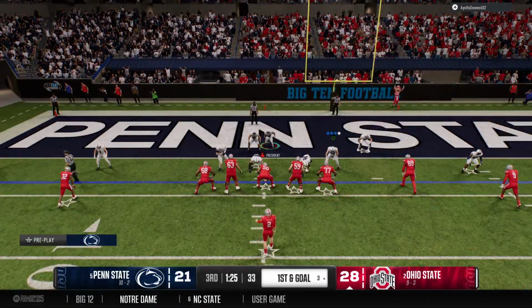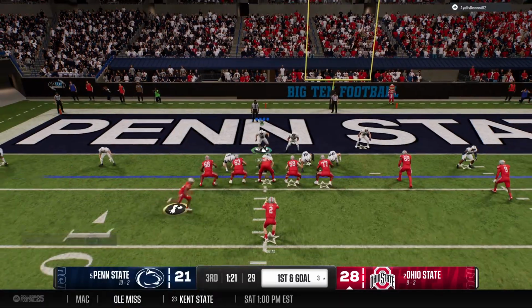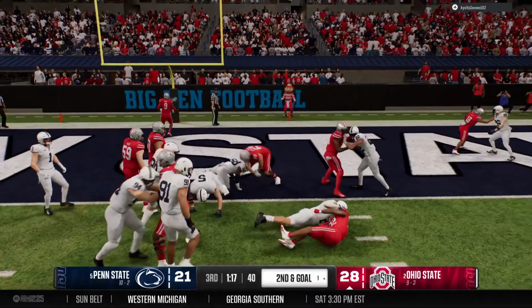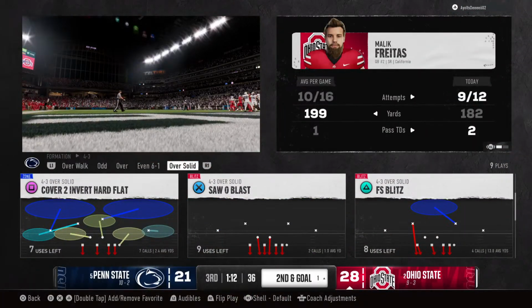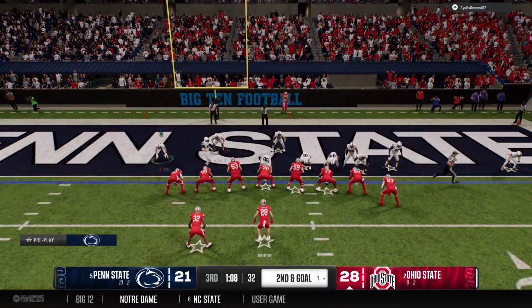The Buckeyes line up with a 1st and goal. Back goes in motion now. Let's see how the defense adjusts. Quick pass. Here comes a jet sweep. And the senior able to make the stop after a short gain. We'll see if the offense can punch it in on 2nd and goal.